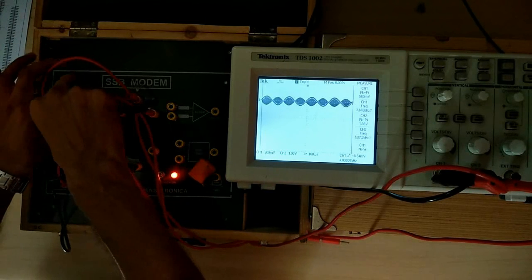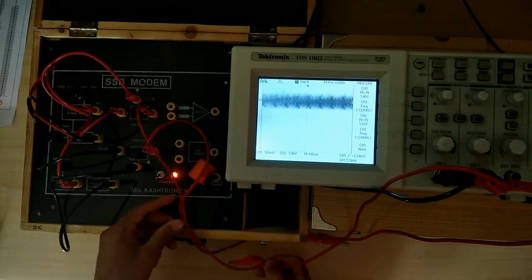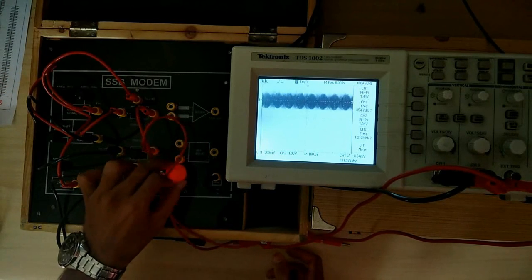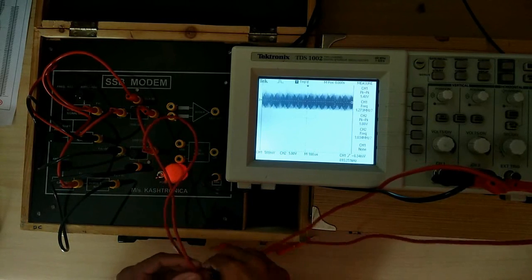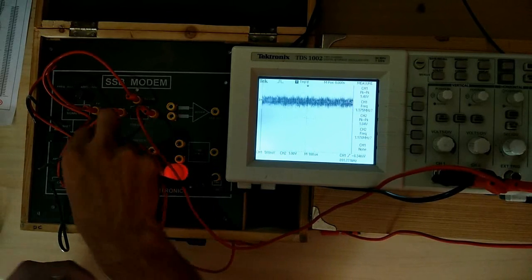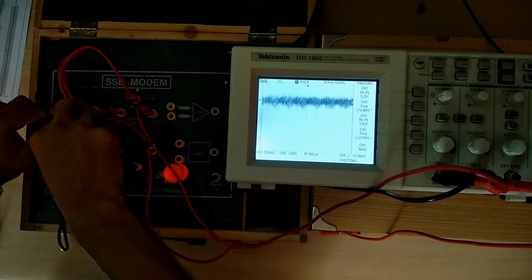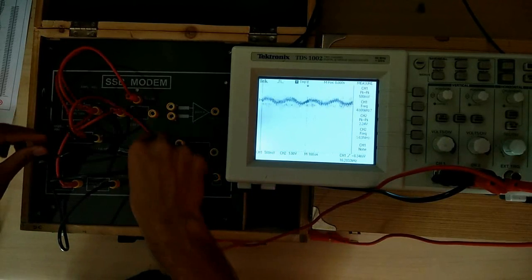So if you plot this DSB-SC2, we want to see it with respect to our shifted version of the message signal. So this is the shifted version of the message signal. If you see this output,